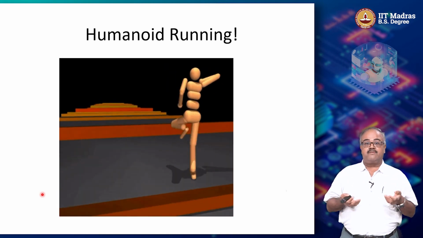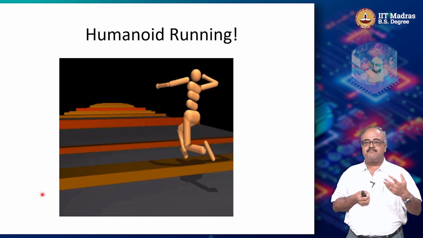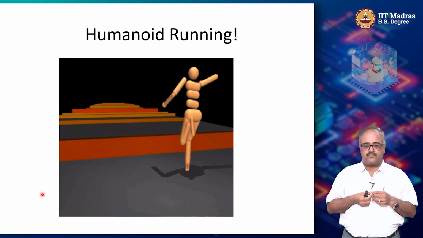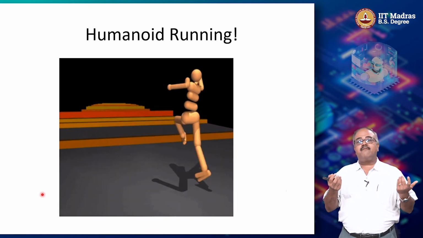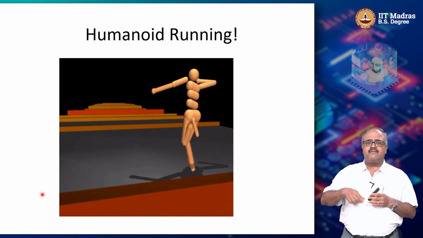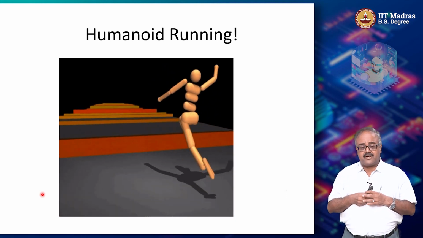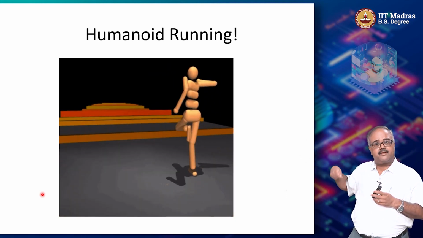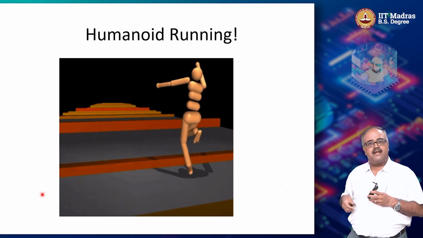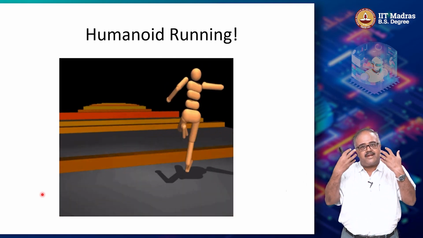trial and error. Whenever it falls down, it gets a punishment. If it runs and stays balanced, it gets a reward, and so on. It turned out that they never gave it a punishment for swinging its hand like that. It just looks very unnatural, the robot keeps on swinging its hand while it is running. It turns out that the swinging gives a counterweight for the robot, so it doesn't fall. That swinging is actually helping it run.